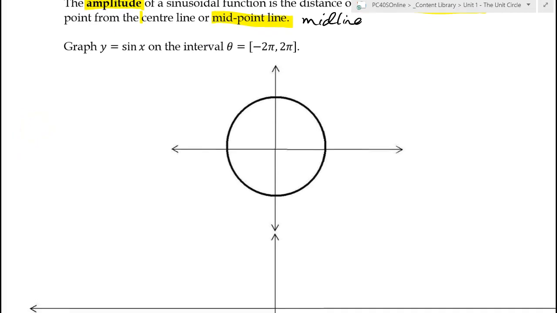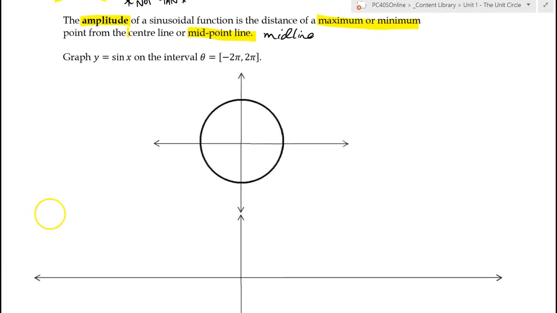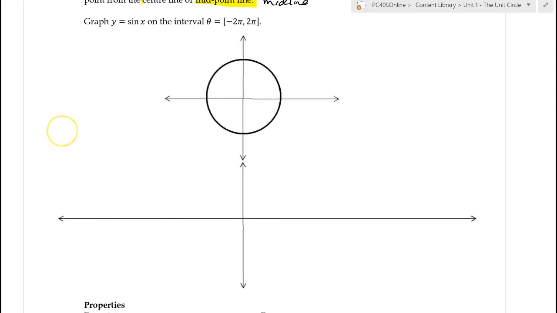So if we are to graph sine x on the interval from negative 2 pi to pi, my maximum y value, or sine, remembering that sine, when we look at our unit circle, is the y coordinate. And again, you would have done this in your first activity. So we look, and our maximum value on the unit circle is positive 1, and our minimum value is negative 1. So our graph is never going to exceed or go below 1 or negative 1. So I can automatically set those values here